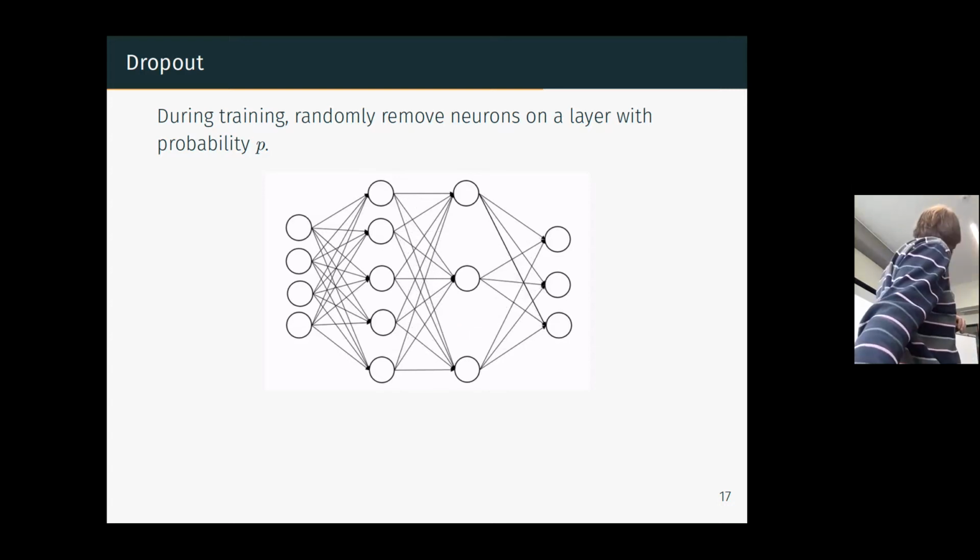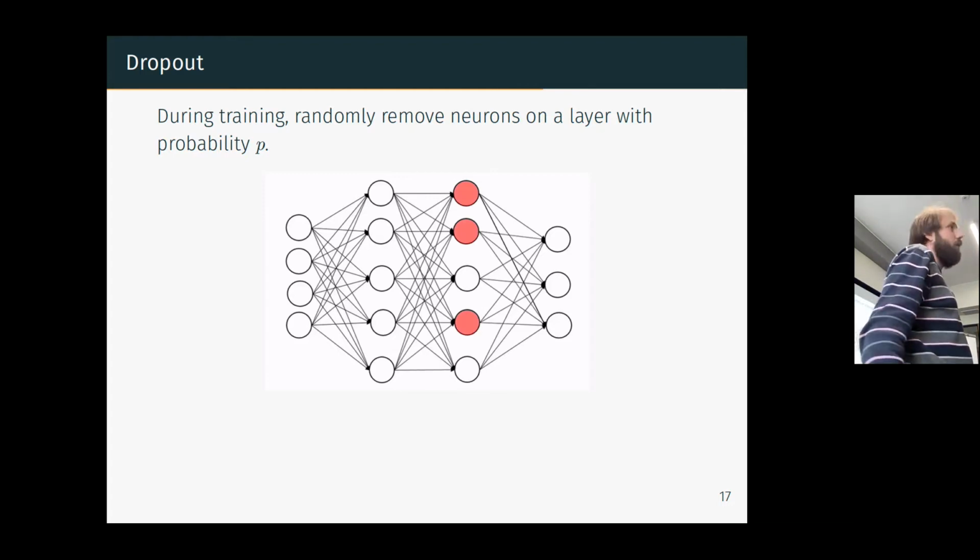But then in the next epoch, you will cut different ones, and you will train with this other neural net. Each time it changes. It's determined at the layer level, so you can have dropout for this layer, for example, and not on this layer. That's up to you, you choose. When you define your neural network, and this is what we'll see next Tuesday, you can put some dropout on it, okay?